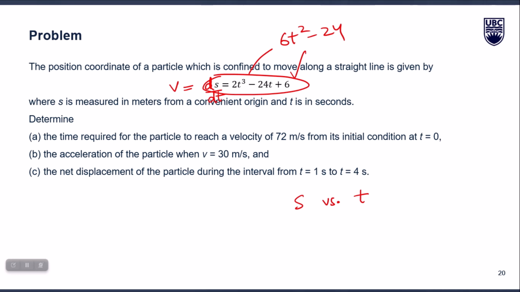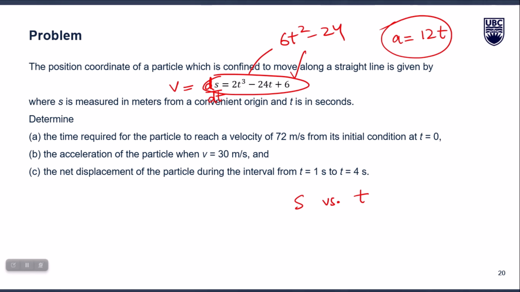If I ask you to plot acceleration or determine acceleration at a particular time, you take one more derivative and acceleration will become like 12t, right? One more derivative with respect to time. And if I ask you to determine velocity at 3 seconds, put t equal to 3 seconds. If I ask you to determine acceleration at 5 seconds, put 5 seconds in this equation, right? So the forward differentiation is easier if I give you S versus T and ask you to calculate V and A. But you will find problems in your next tutorial in which I will give you acceleration and ask you